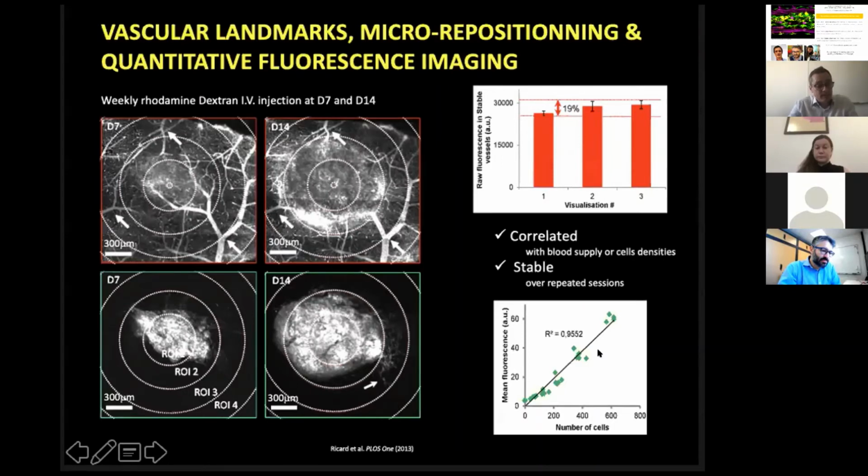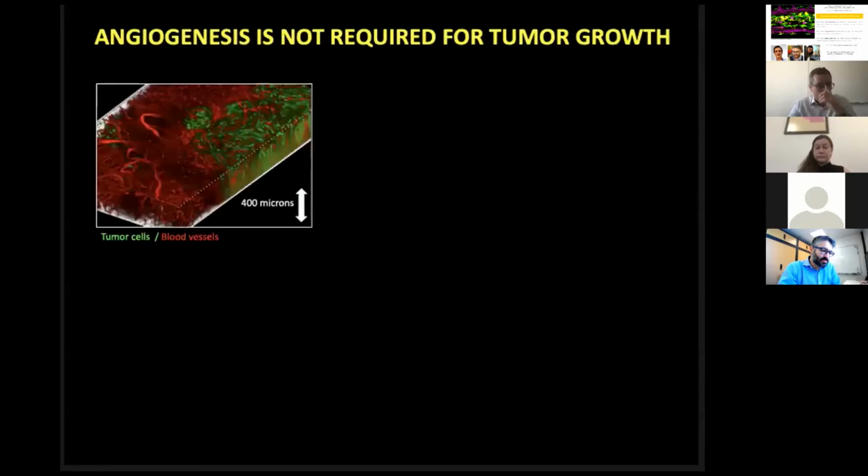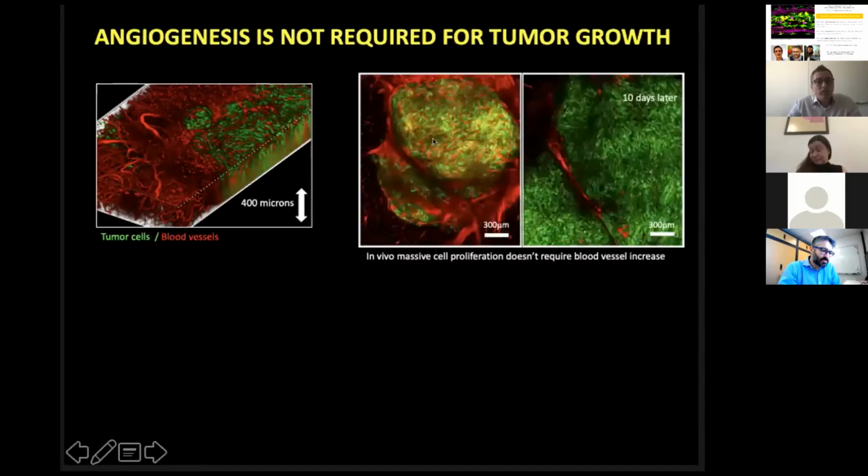So using this very quantitative technique, we then addressed the question of angiogenesis, especially because angiogenesis is thought to be part of the tumor development process, but we have found in the brain that it might not be the main parameter regulating the growth of the tumor. Indeed, we could show in some tumors that we repeatedly imaged that they were highly vascularized at some point, but then 10 days later, when the concentration of cells had increased dramatically, there was no further increase of blood vessels,